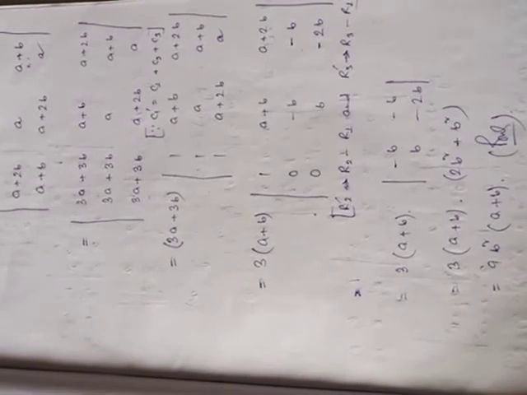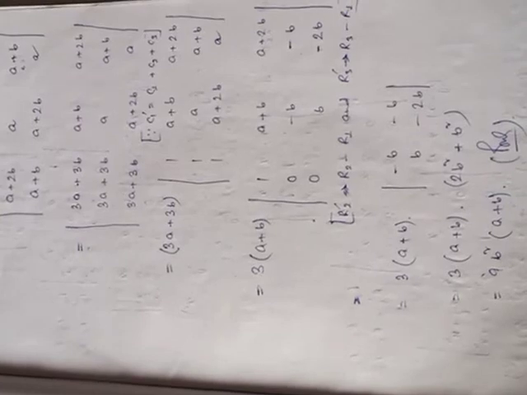So 3 into A plus B within determinant, applying R2 dash equals R2 minus R1 and R3 dash equals R3 minus R1, we can write 1 0 0, A plus B, minus B, minus B, B, A plus 2B, minus B, 2B. Now on the basis of 1, we can write within determinant minus B, B, minus B, minus 2B. After multiplication, we can write this is 3B square. 3 into 3 is 9, so 9B square into A plus B, which is the right hand side. Okay, proved. Write it all of you.